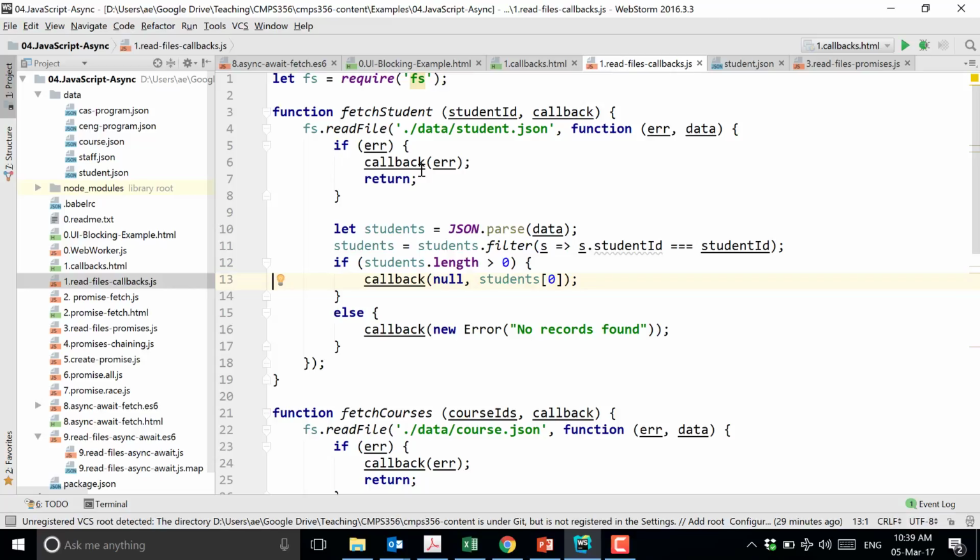There is no error, so I pass null, and this is the fixed dress, or in our case, the actual student. Okay? So this is the pattern that Node.js programmers use. When your callback is called, it usually takes two parameters. One is the error, if there is any error, and the other one is the actual result.